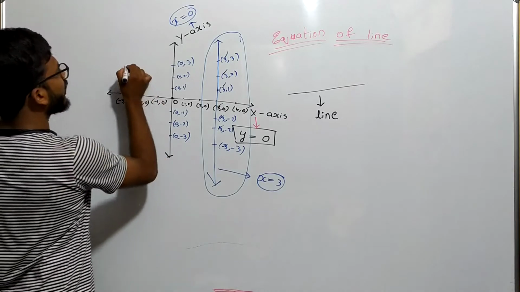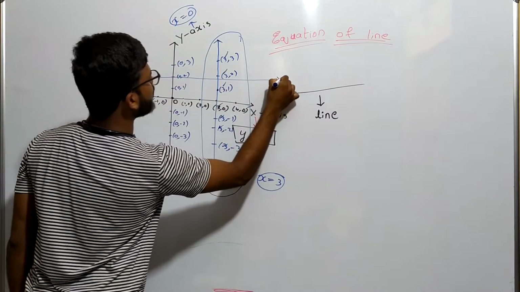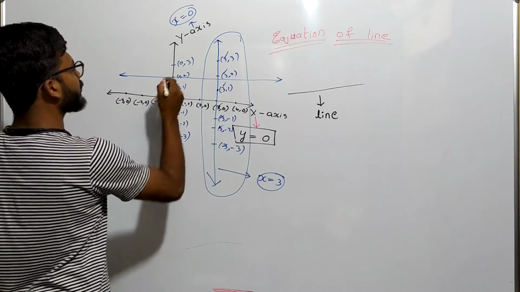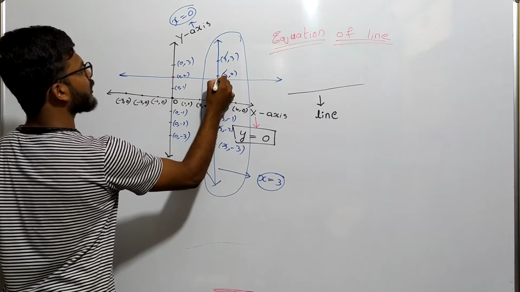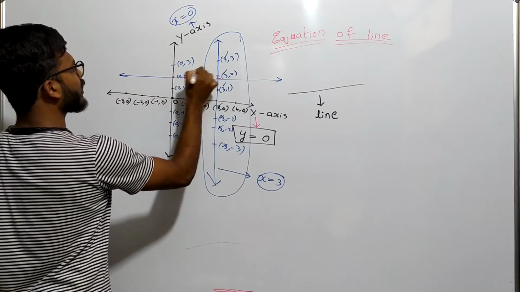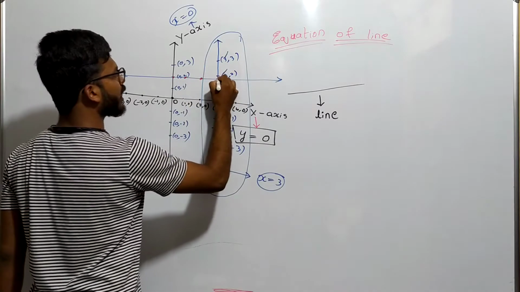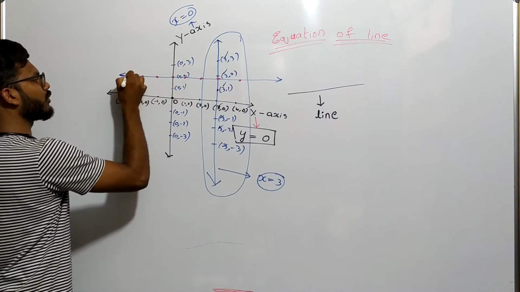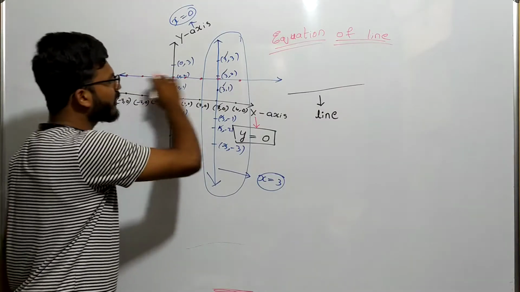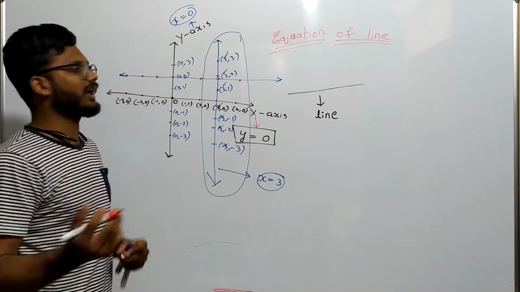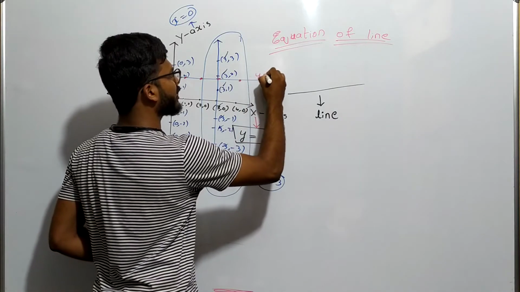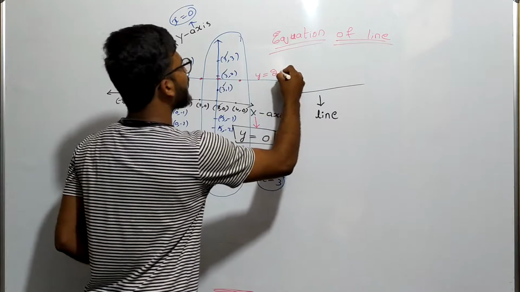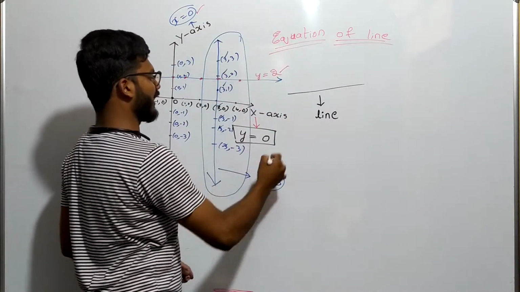In the same way, if I want to write the equation of this line, what is it? Here each and every point, if you take this point as 0 comma 2, you will get like this 3 comma 2, here 1 comma 2, 2 comma 2, 3 comma 2, 4 comma 2. In the same way, minus 1 comma 2, minus 2 comma 2, minus 3 comma 2, like that. In each and every point the y coordinate is same, so you will get the equation y equal to 2. Okay, like this we will get the equations of lines.